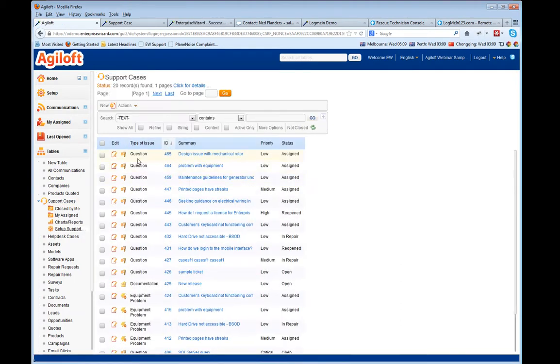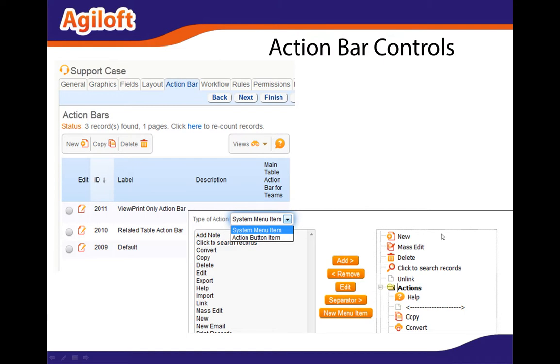And now back in my table view, you can see here's the new action bar. We have new, and then our actions drop down with escalate and mass edit. And that's how easy it is to create a new action bar. Back in our slides,